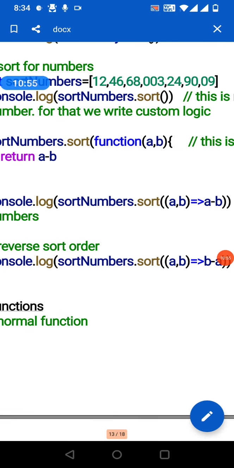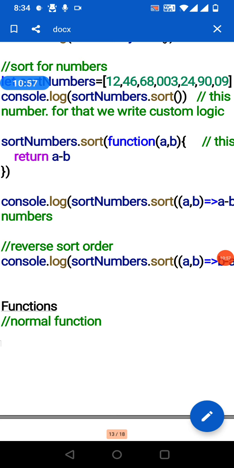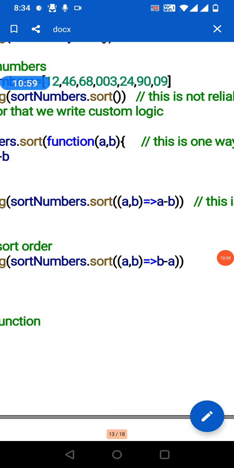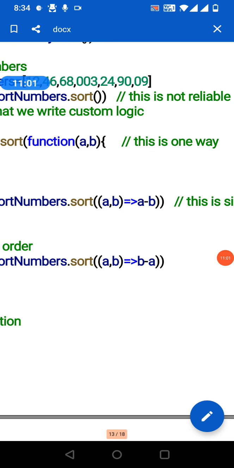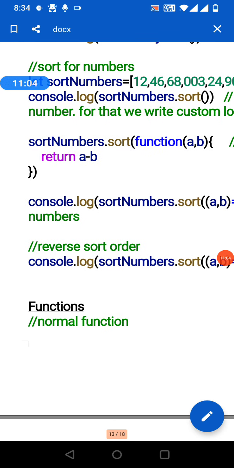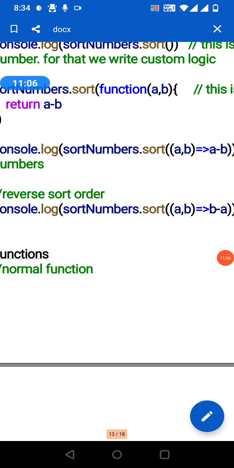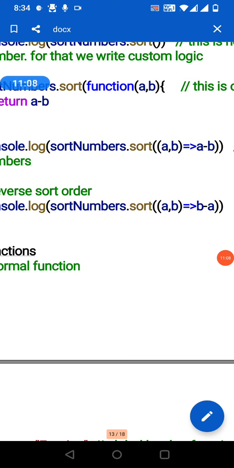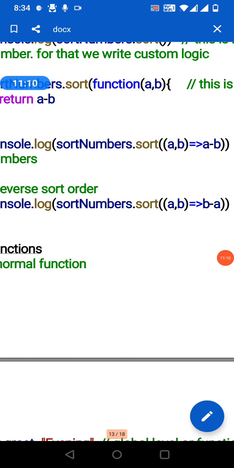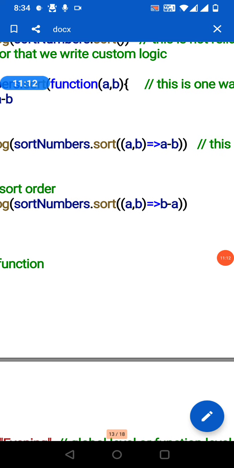Otherwise we can give it in a simple way: numbers.sort a comma b, arrow a minus b. For reverse sort, we can give it like this: arrow b minus a.